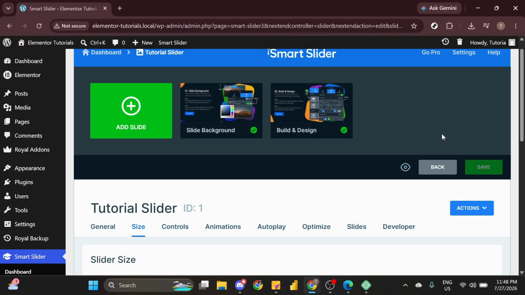And there you have it. You've successfully added a full-width Smart Slider 3 in Elementor WordPress. This feature not only enhances the aesthetics of your website, but also improves user experience by making your content more